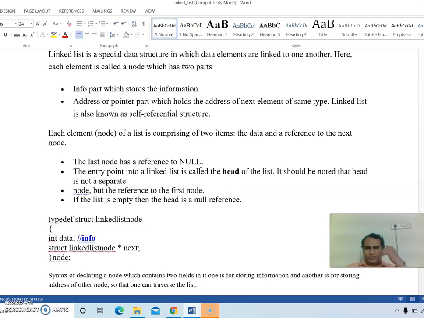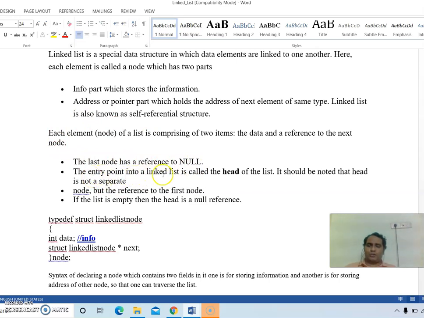That means in a programmatic way I can say while it is not equal to null, I can move forward. Simply I can write while, for example, if it is PTR pointer, while PTR is not equal to null, I can move from node 1 to node 2, like that. So, the last node has a reference to null.